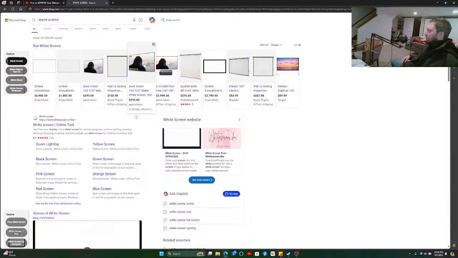Monitors, but this actually kind of works if I had everything up. I kind of like it.